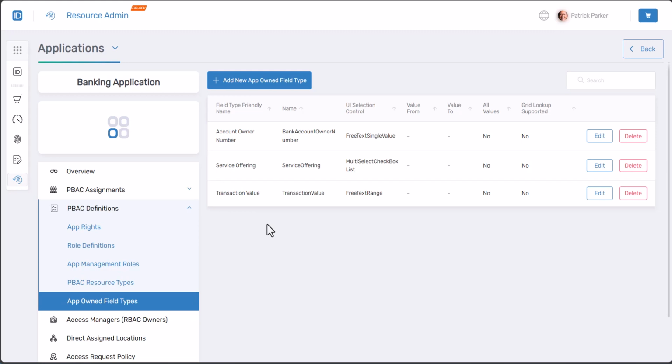They don't show up anywhere else for other applications to use. You can also have global ones. So if you have a list of countries, maybe that makes sense as a global cross-application field type that you only have to define once and share. But then again, you have to rely on other people not modifying the values. So in this case, if you want them to be completely owned by your application, you can create app-owned field